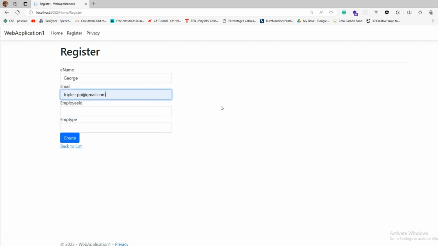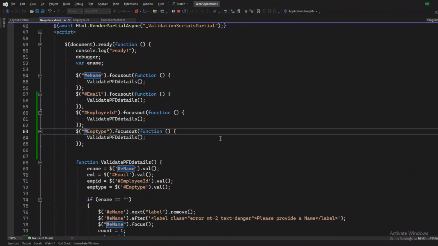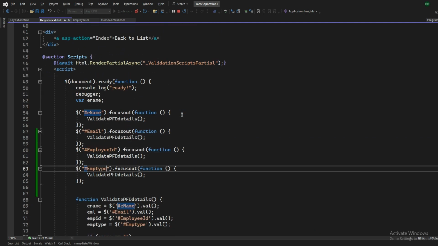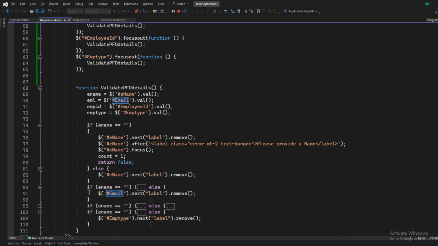Email. If I'm not providing anything, why is it not okay? This one is from the backend. I don't want the backend thing. Where's the focusout? It's not working on this one, the email. Oops. Okay, everything is ename. That's why. So let's change them to email, empid, type,